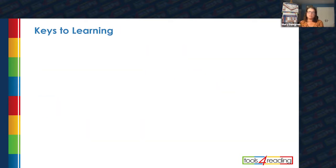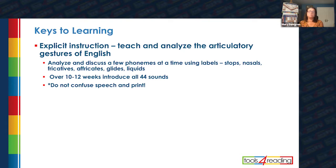So here's some of the keys that I really wanted to talk about. One, this is nothing new, especially for this crowd, but explicit instruction. Teach and analyze the articulatory gestures, as I just described when going through those sounds and thinking about the Spanish phonemes. Analyze and discuss a few phonemes at a time using labels. So don't be afraid to use the terms stops, nasals, fricatives, affricates, etc. that I used. It's just like putting the label on a letter name, putting the label on that's a dog,